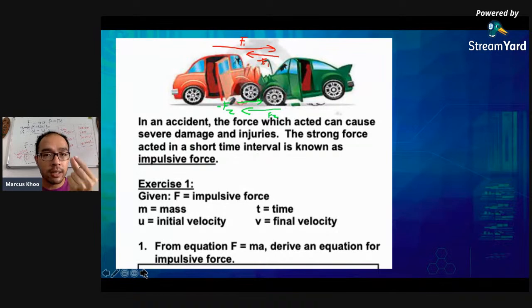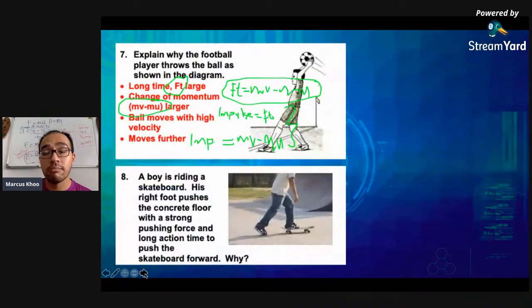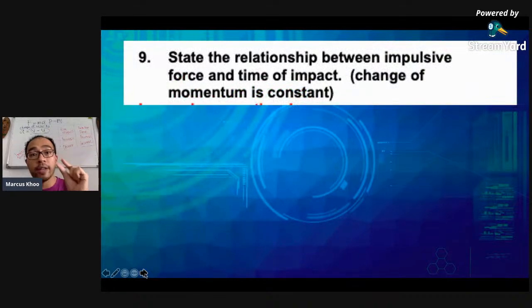Because the amount of time actually tells us the amount of force that is acting on the car. We find that accidents that happen over a short period of time usually have more damage. And as I said, this short period of time, 0.5 seconds and 1.0 seconds, is a very big difference, because of this impulsive force thing that I've mentioned here. If my time of impact is 1 second and my time of impact is 0.5 seconds, the time of impact of 0.5 seconds is going to deal much more damage than 1 second.